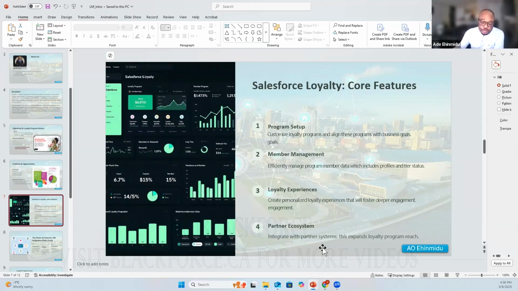It means that, depending on the agreement and the type of partnership that you have with them, you will be able to manage experiences across all boards. That means if you interact with a particular brand, you are inadvertently engaging with my business as well. So you need to have that partnership in order to increase the scope of your program.